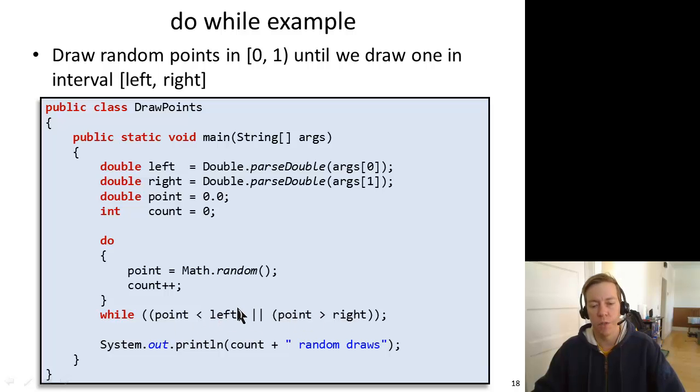If it's in, it has to be greater than or equal to left and less than or equal to right. If the point is less than left, if it's too far to the left or too far to the right, then we need to keep looping. And this provides a nice simple way to do this. We guarantee the loop goes once, and then the loop will go maybe only once, but maybe many times, depending on how many times we have to draw